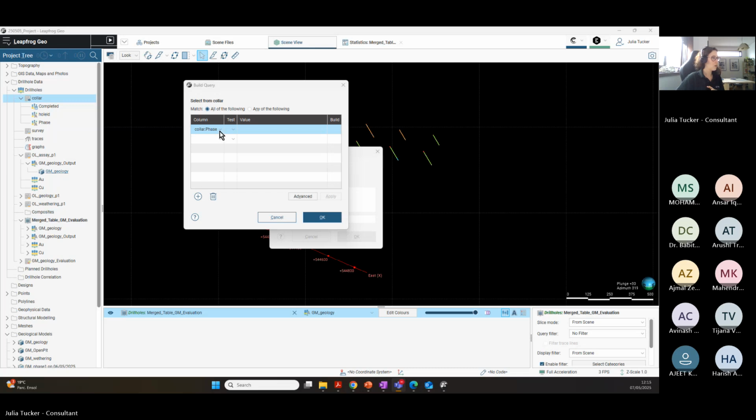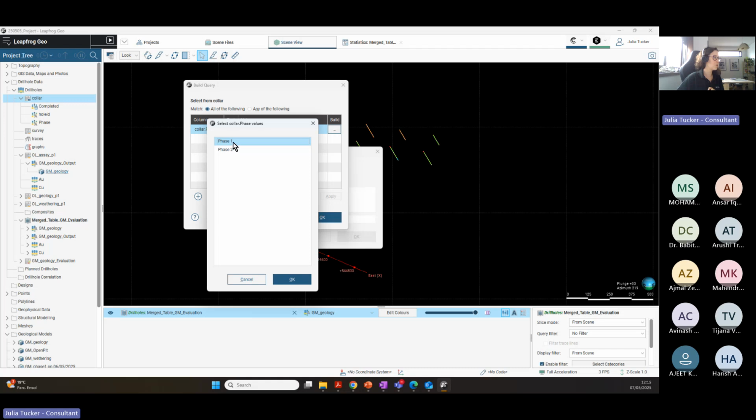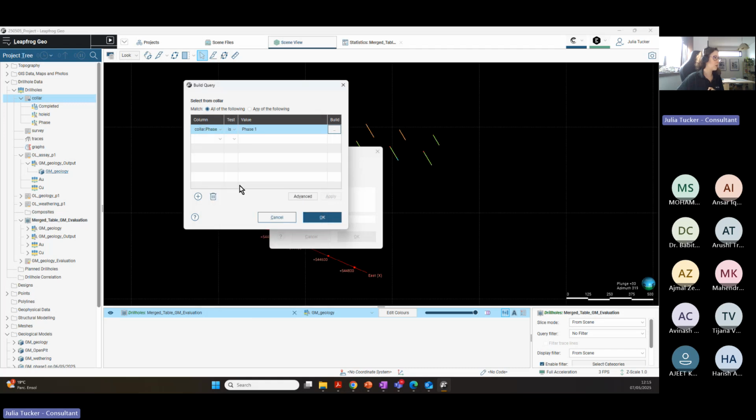So if we check right here, we have the file, color, and right here we have the column. The column that we are reading is the phase, and the value is going to be phase 1. And we are going to click OK. And now we are just going to input the phase